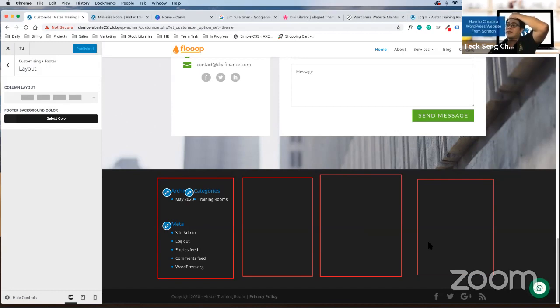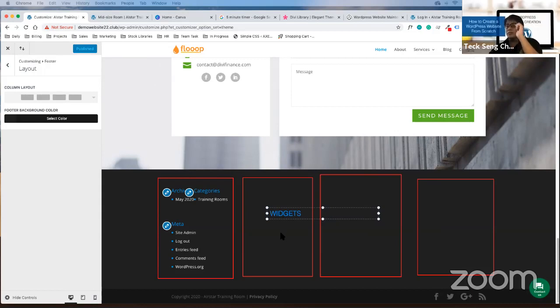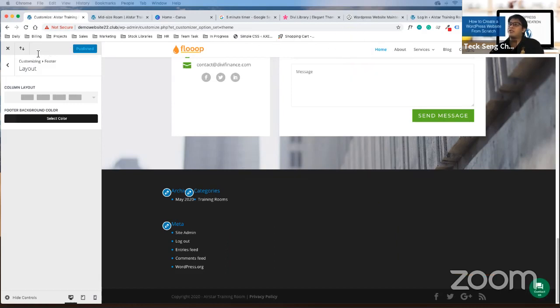When you have chosen your layout, what is inside is called widgets. So how do I put in my widgets?